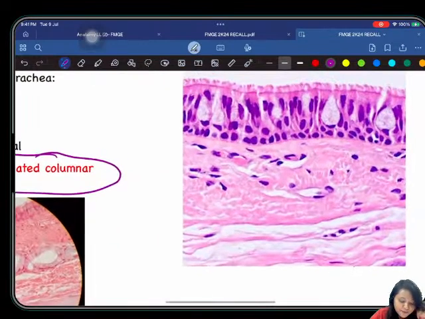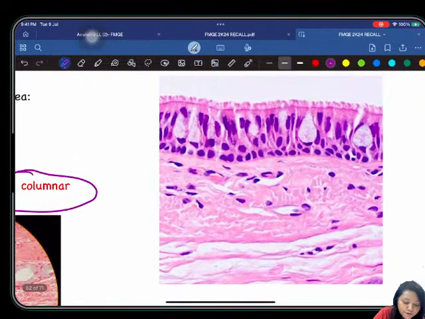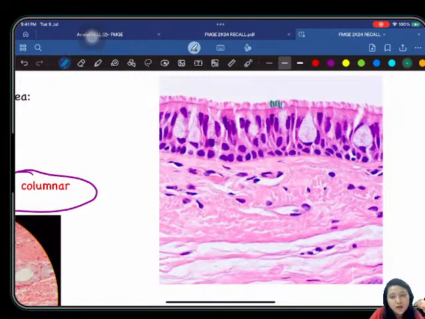So here you can see that you have cilia, okay, and the nuclei are present at different levels, which gives an illusion that it has different strata, but they have only one strata. All the nuclei are lying on the basement membrane, but since they are present at different levels, it looks like they have stratification, so that's why the name is pseudostratified. So this is the basement membrane, and then you can also see the goblet cells here. So these are the goblet cells,